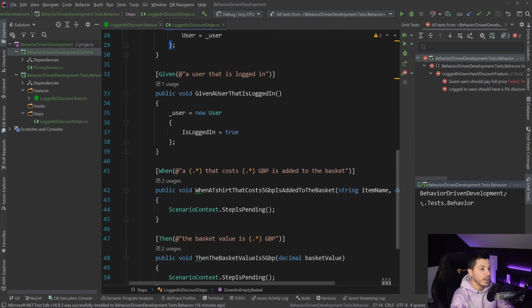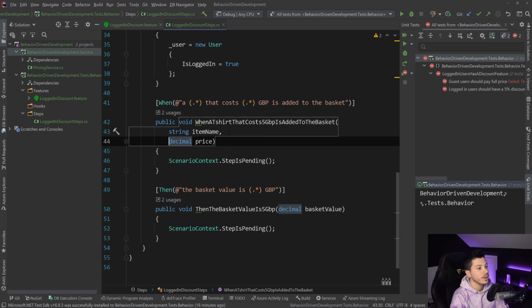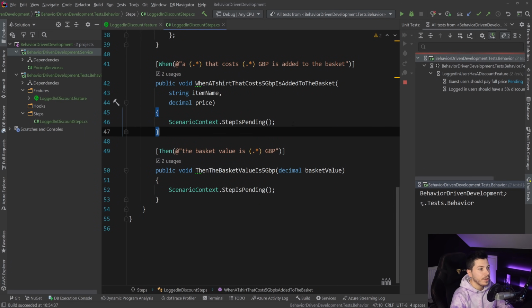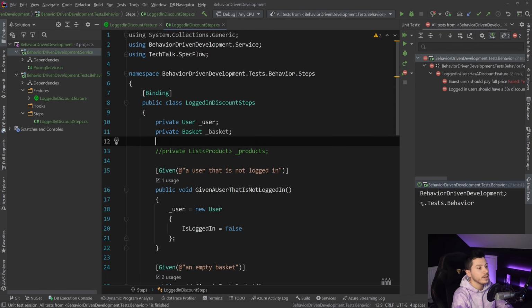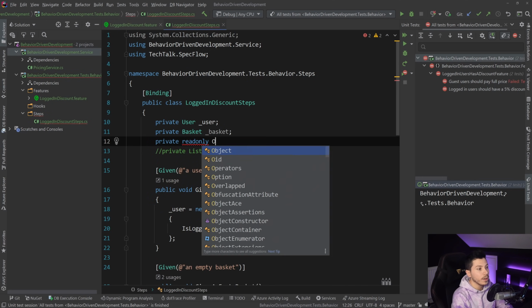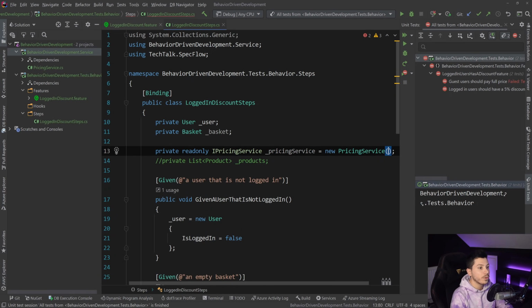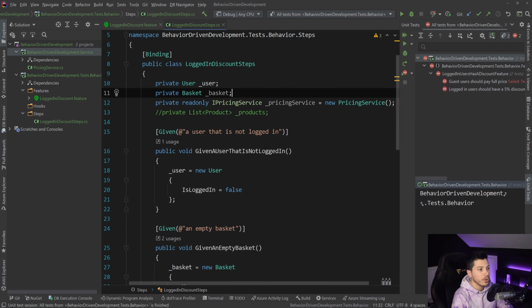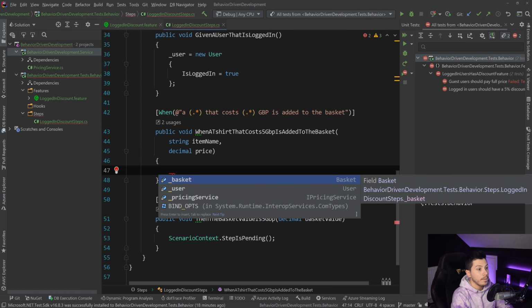And then what I need is to, let me just put that in a new line so you can see what's going on. And then we need to do the math and say, we need to use a pricing service actually. So I'm going to create a pricing service here, private readonly pricing service equals a new pricing service. And I'm going to use that below. So what I'm going to say is when a t-shirt that costs 1 GBP is added to the basket. Actually, I'm not using it here. Here what I want to say is